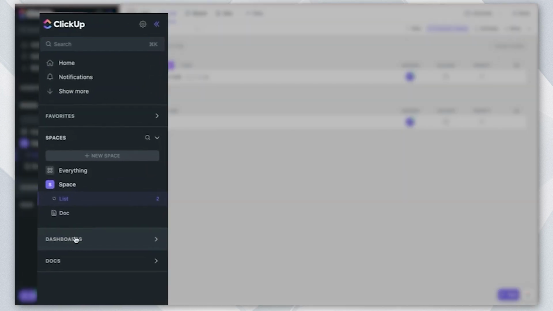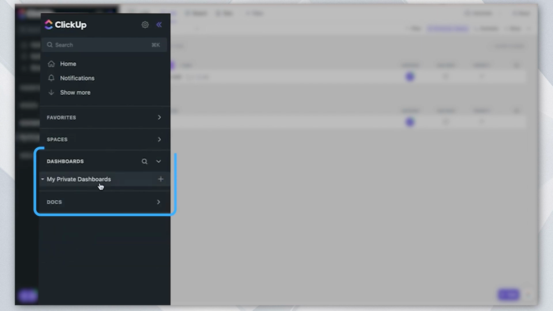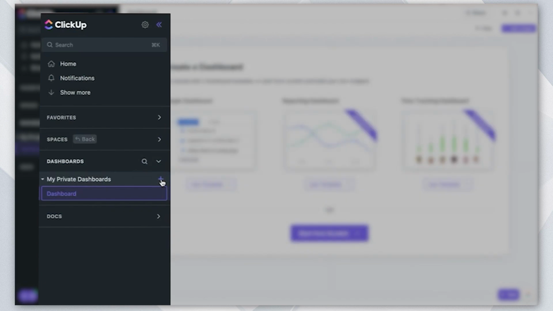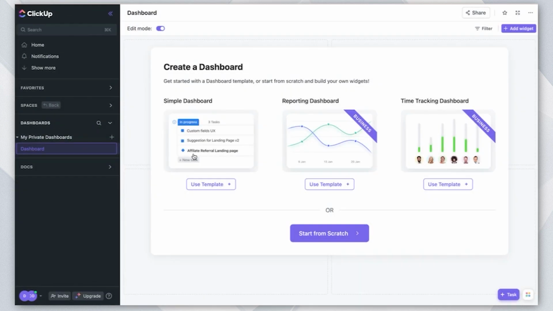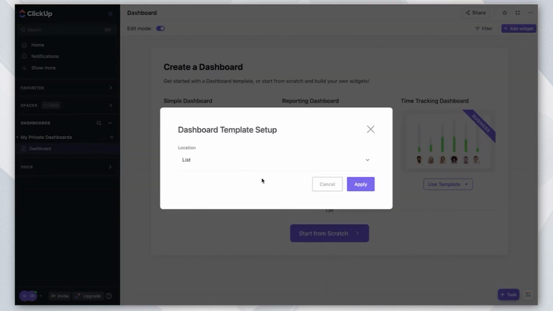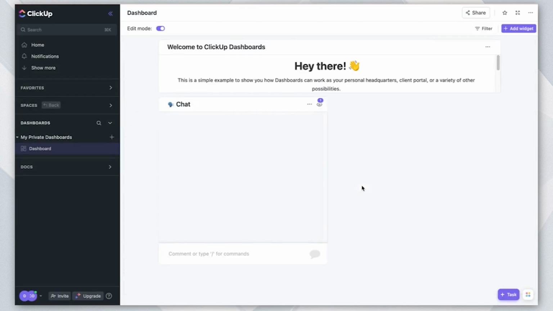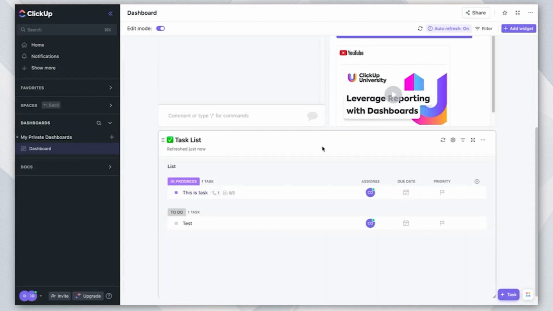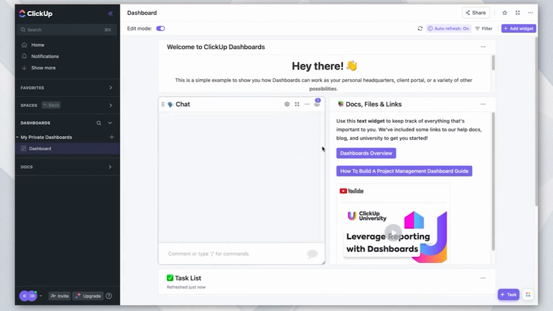And lastly, we have dashboards over here. So with dashboards, you can go ahead and simply use a template, or you can also start from scratch. So if I want to just go ahead and use a template, you need to make sure that you already have some information or data in your ClickUp. And by using a template, it just makes it so easy to just edit it and customize it